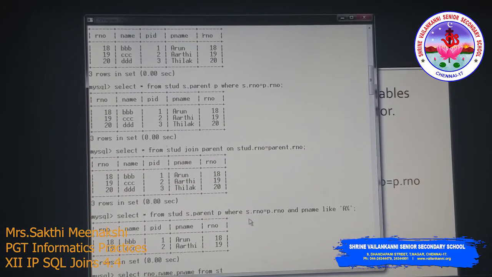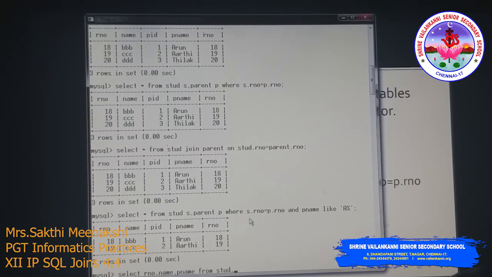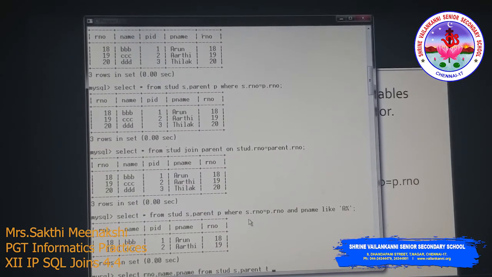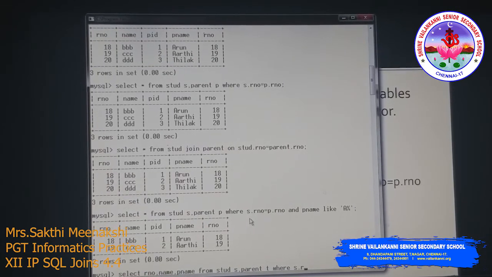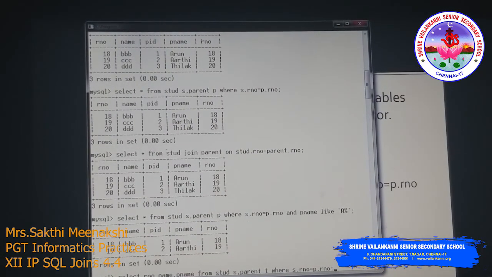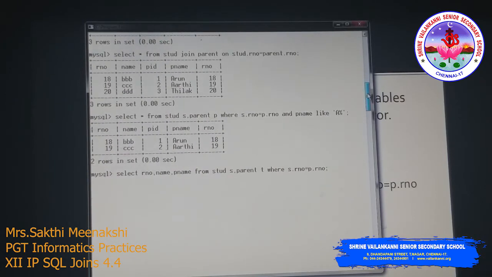Since I am using two tables, you have to define two tables here: student S and parent P, where S.RNO equals P.RNO. So I'm going to fetch roll number and name from the student table and P name from the parent table, right?